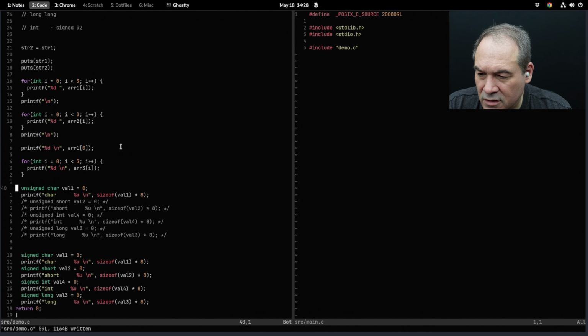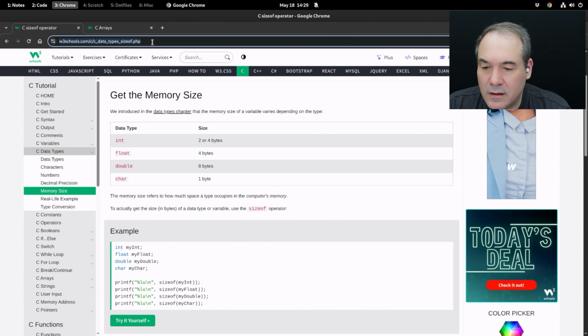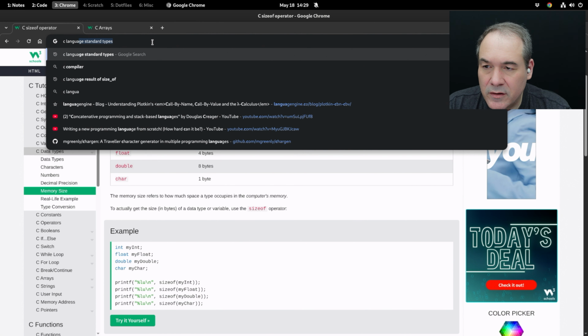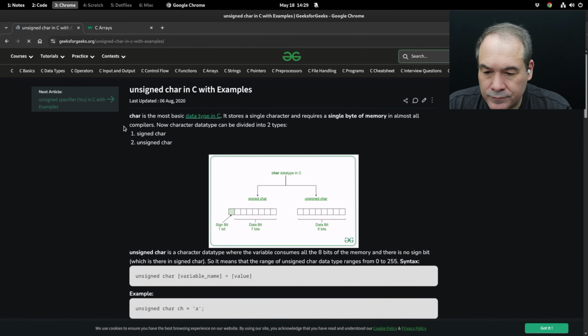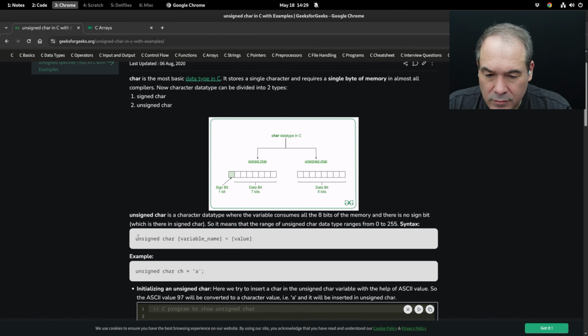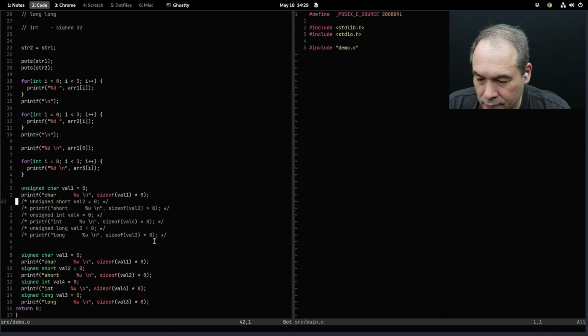Is there no unsigned? That is something that's not right about that. So, C language unsigned character. Unsigned character, blah, blah, blah. Oh, duplicate value or duplicate variable names. Okay, so